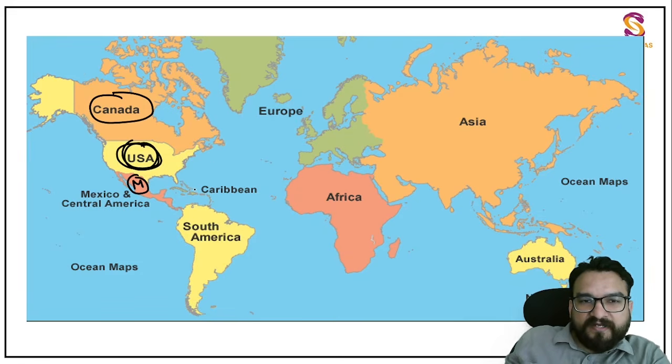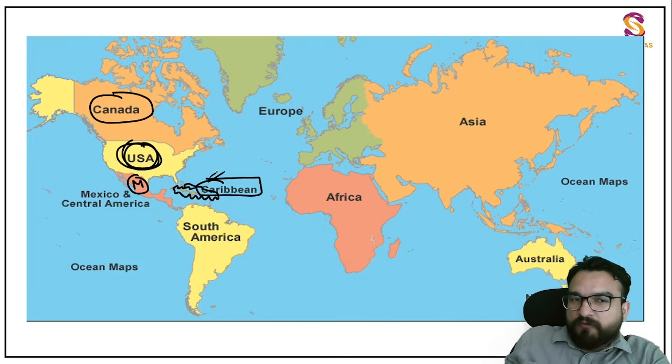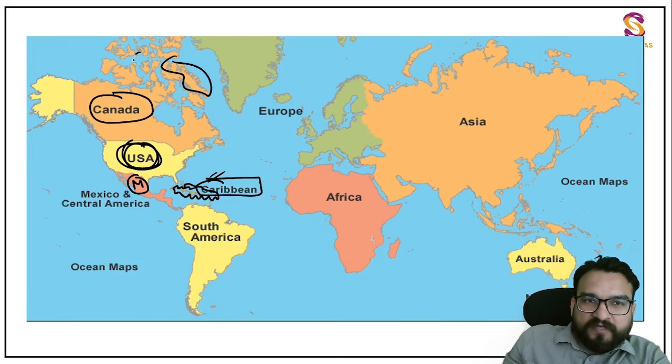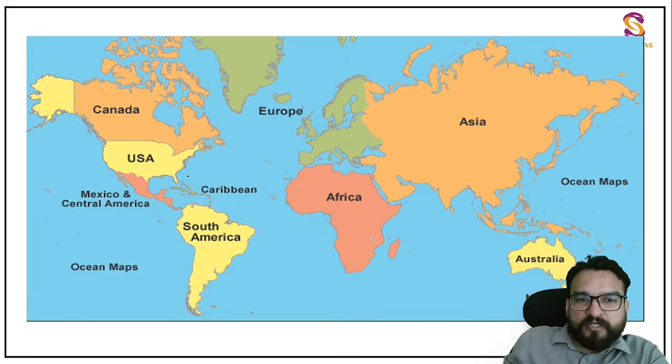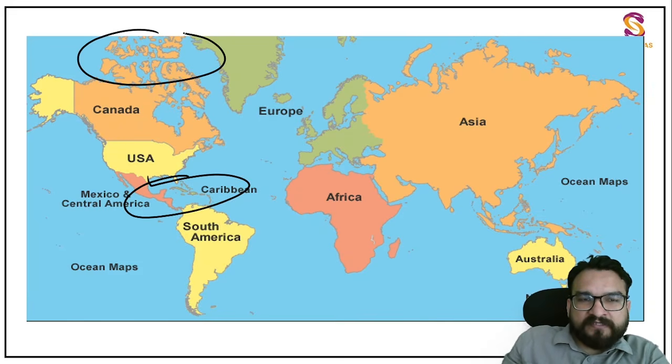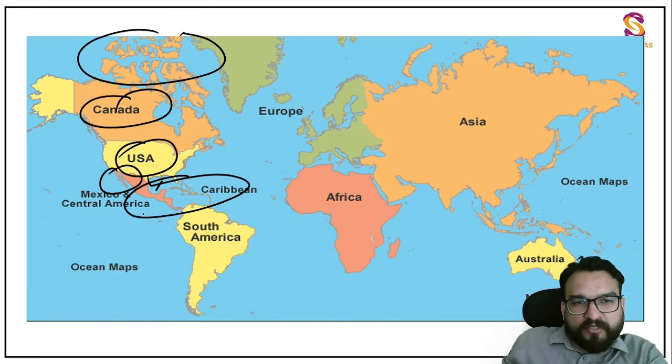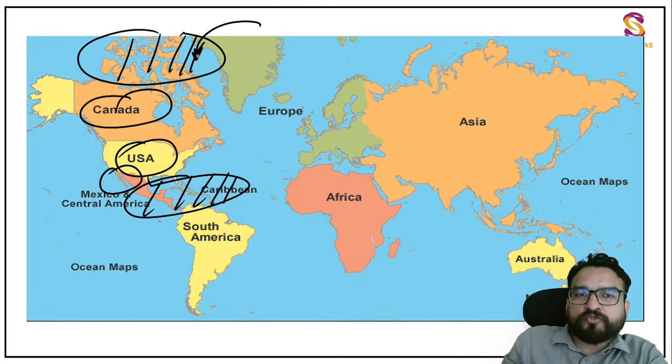And then there are certain islands which you are seeing over here. These islands are known as the Caribbean islands, right? So this also we have to see. And then there are a lot of other islands remaining over here, so that also we have to understand. So the chaotic part is basically this and this. The rest is just Canada, USA, Mexico, easy to understand. But the chaotic part, which you have to understand politically, is where you have to spend your energy, and where I'll spend my energy too.